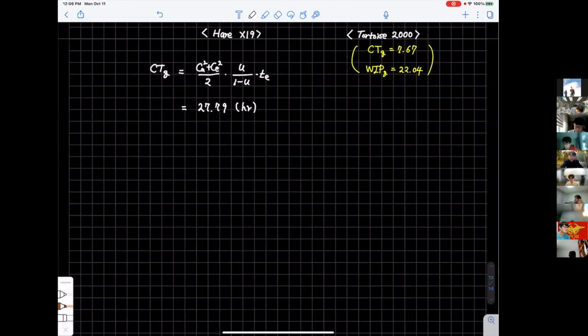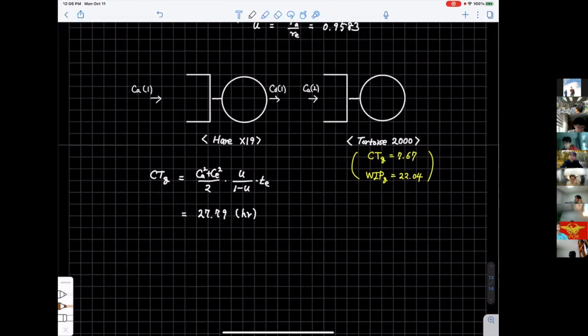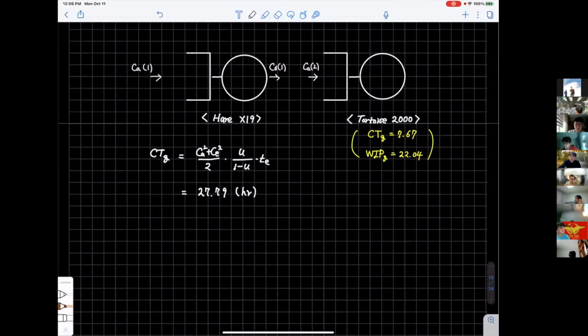Do you remember this relation here? It means the CA squared of the Tortoise equals the CE